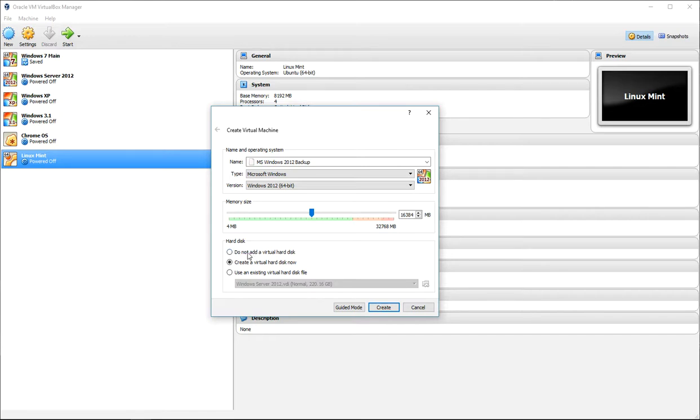On our hard disk, you cannot create a virtual hard drive, but you do need a VDI or a virtual hard drive to boot to. I'm going to go ahead and tell it to create, but you can point to an old one, like this is my current one, my Windows Server, and you can see all the ones I've currently got created. But I don't want to do that.